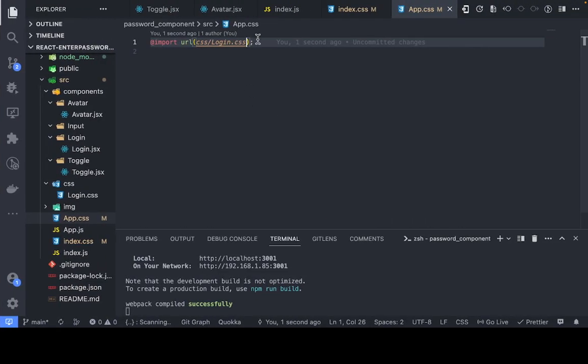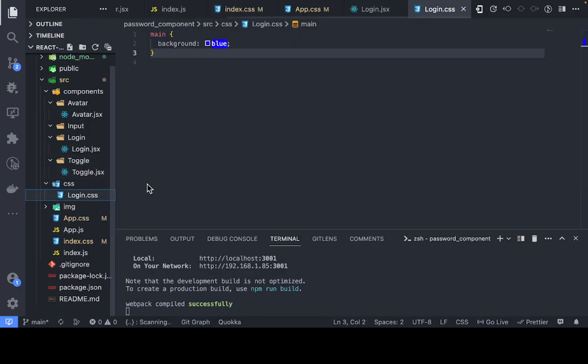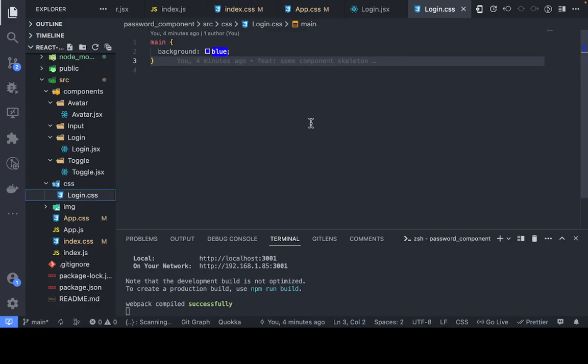Okay, you see, now that we import our URL here within our app.css, we have the changes that we did for our login.css displayed here. All right, so that's how we are going to be displaying our stylings stepwise. So now